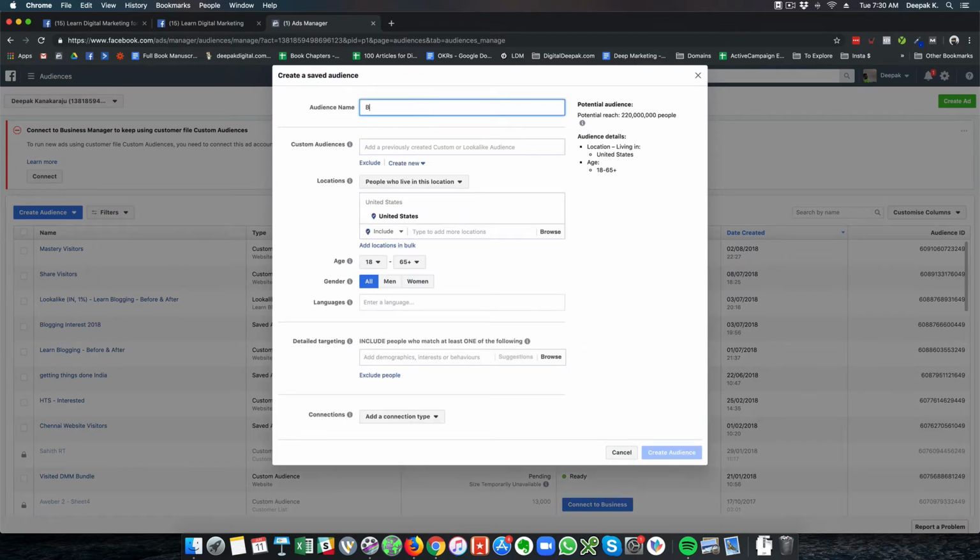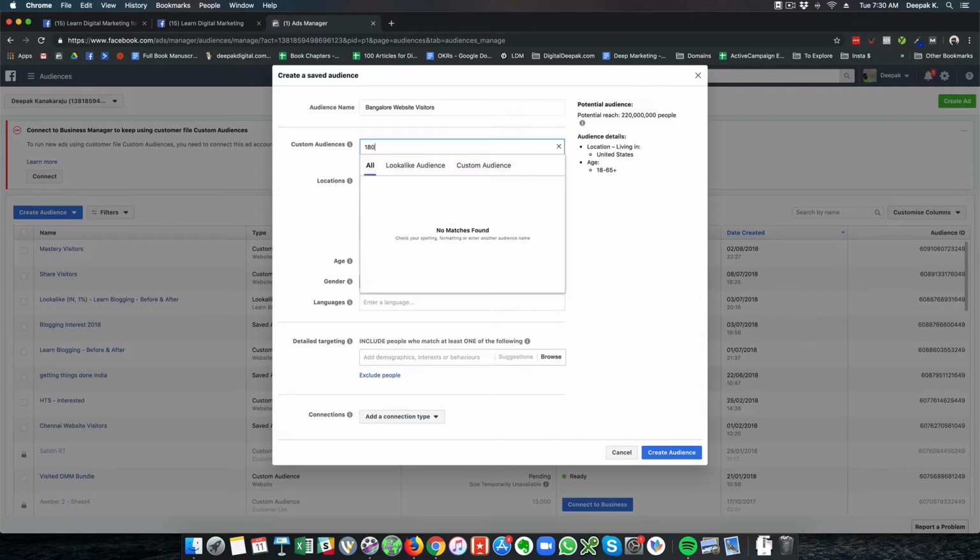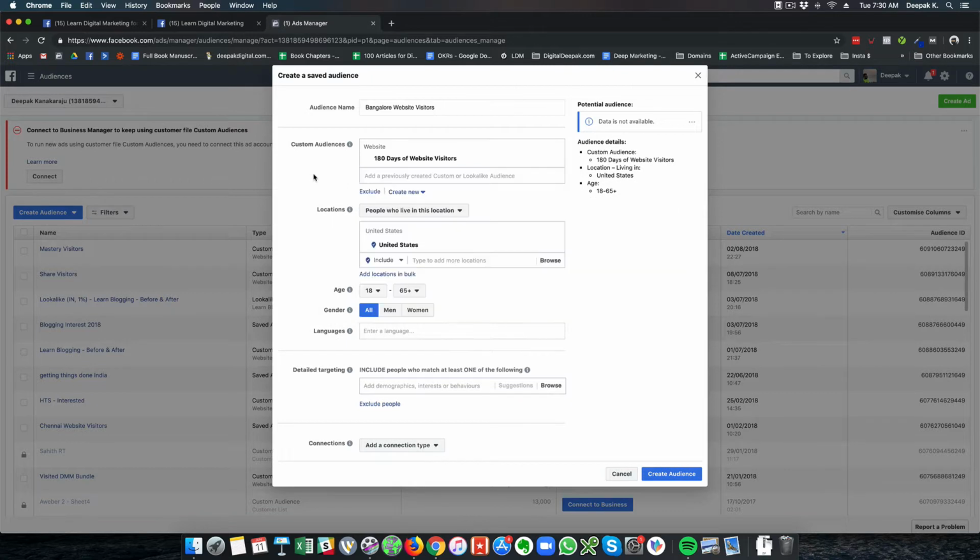Let's say Bangalore website visitors. If I want to create a section of people who are from Bangalore but who have also visited my website, then I would select 180 days of website visitors, which is a custom audience I have previously created, and I will show you how to create such a custom audience.